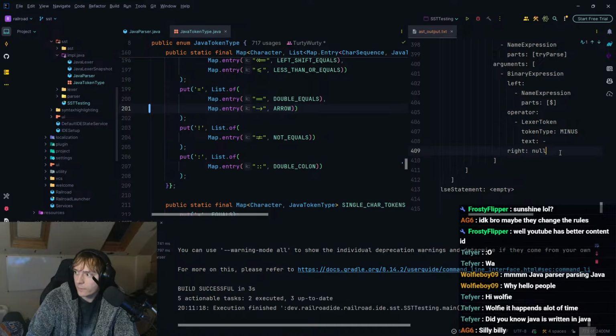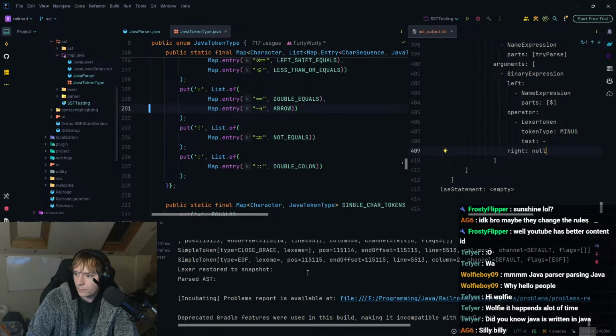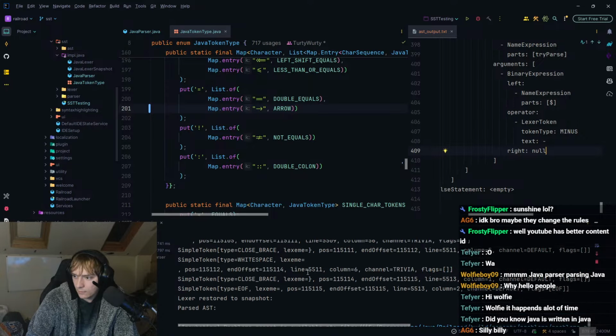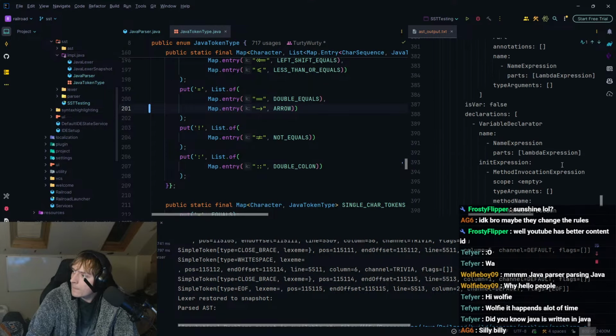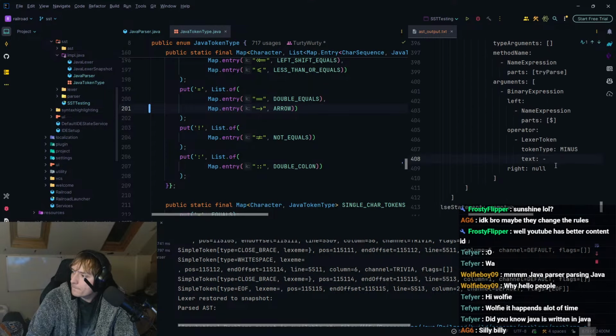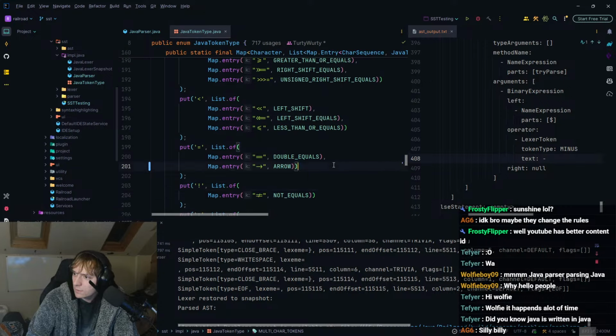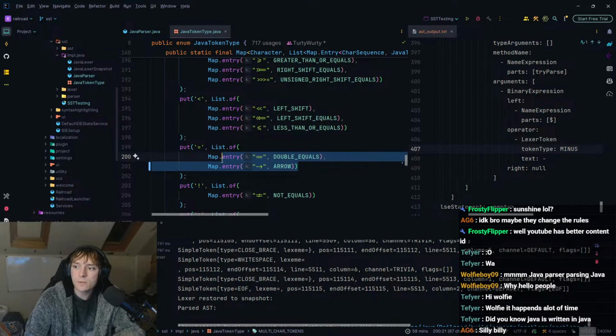Okay, it got a little bit further, I think. Did it? No, it actually hasn't. Oh yeah, because it's still found a minus. Oh, because I put it in equals.